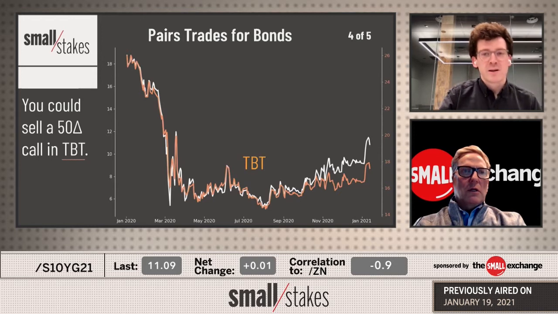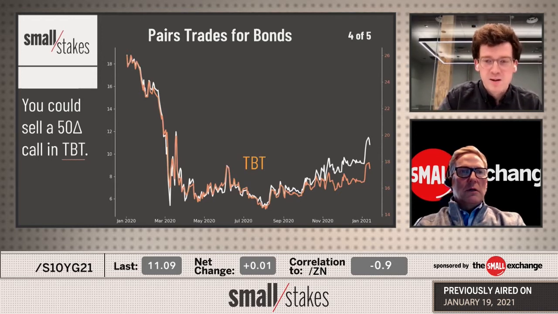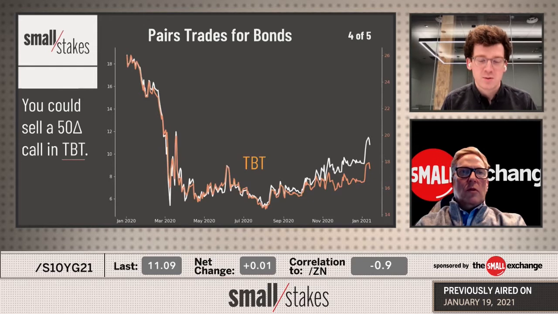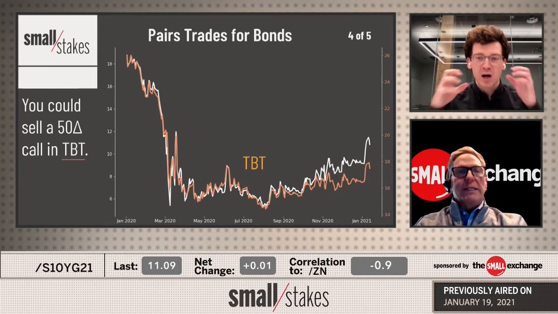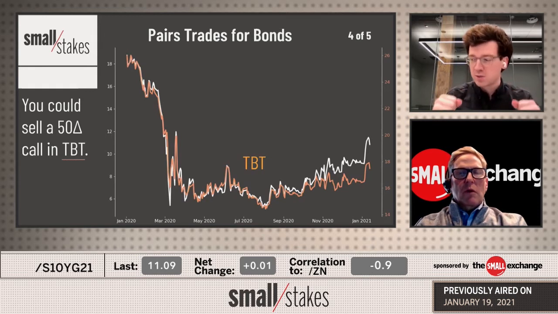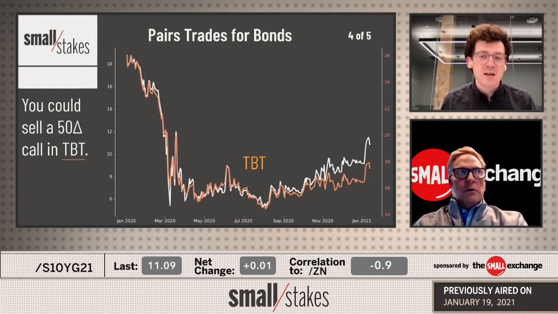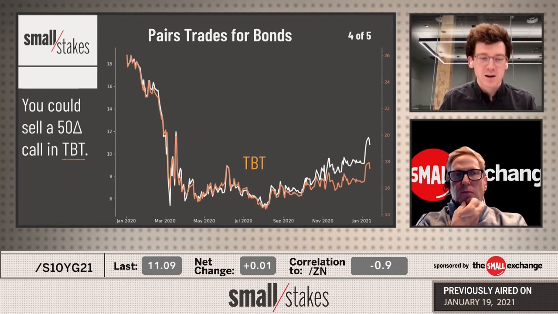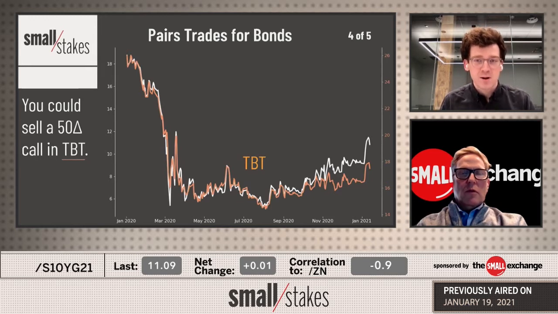And I'm super glad that you brought something up there, Pete, along the lines of how much you're hedging, because there are pairs trades that we do here. Pairs trading to me is a catch-all for relationship trades, 100% hedge, which is just, like you said, a divergence or convergence between two similar assets. Here, we're looking at a pairs trade mostly for hedging or risk management. Like we started at the top of the segment, essentially trying to buy a market at a lower price or sell a market at a higher price using a very similar product like TBT here.